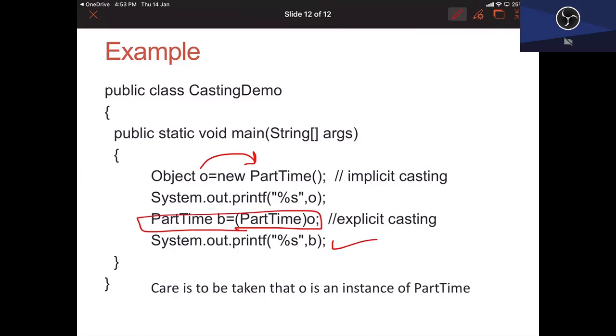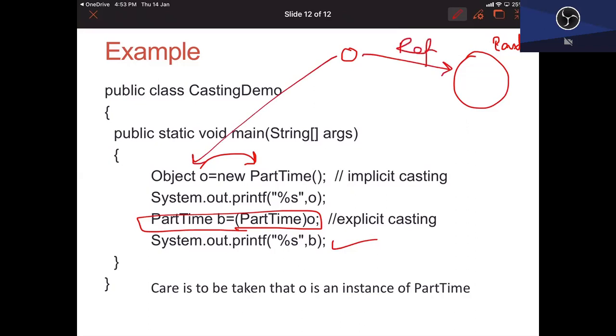It is okay because O's reference type is PartTime. This is the PartTime object. O's declared type is Object, and it is referring to an object of type PartTime, so when I write this statement, it is valid.